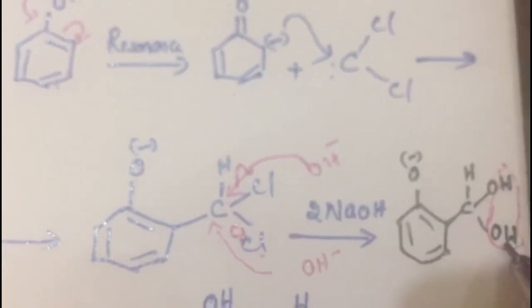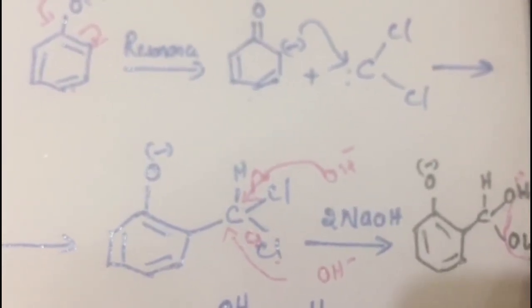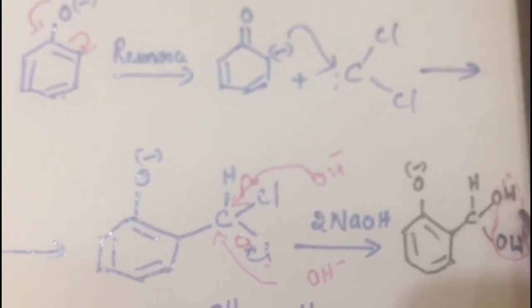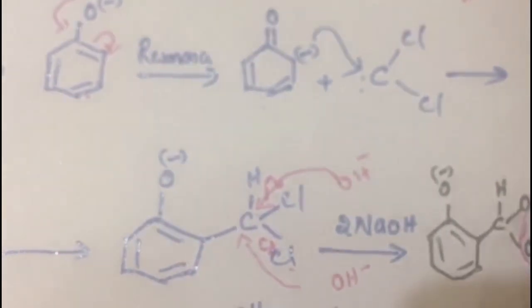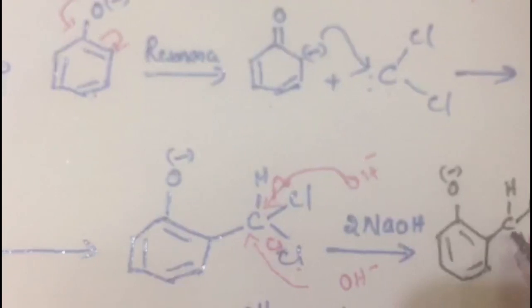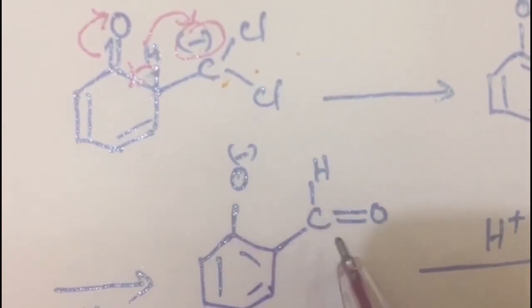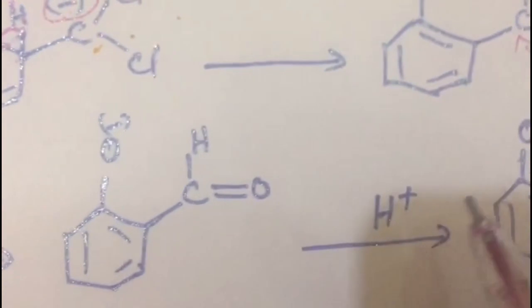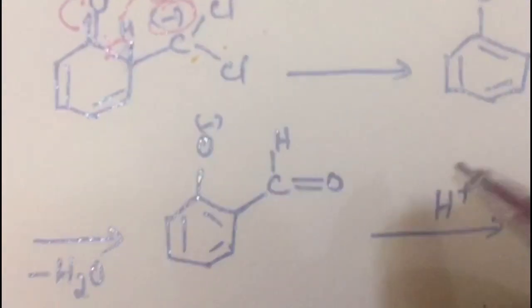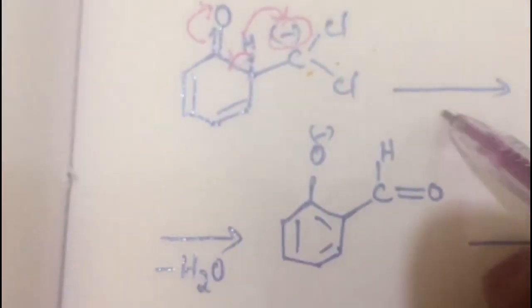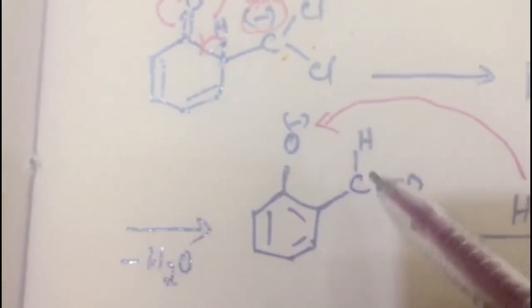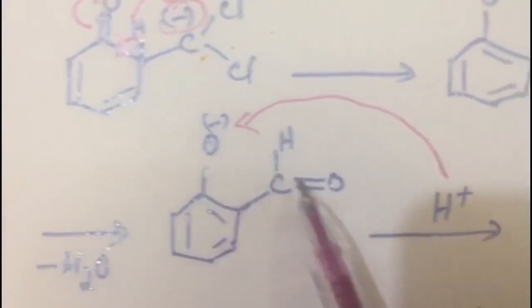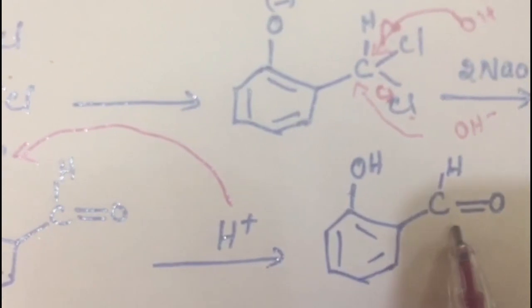You see here this structure is unstable, so it will remove a water molecule like this. HOH, water will be removed, this bond will be broken and here this will become a double bond. Hence the product will be benzene structure, O minus, and CH double bond O. Here water is removed. The last step is acidification. Here this H plus will attack this O minus, so this O minus becomes OH and here this one is CHO.